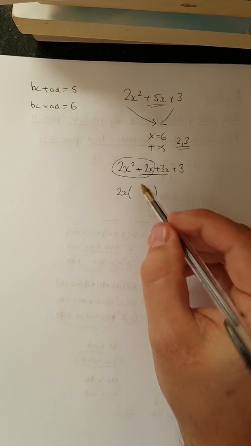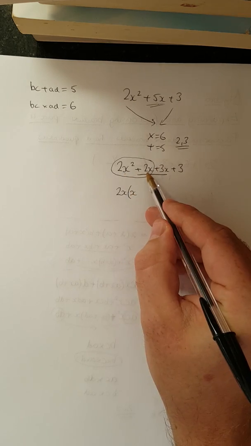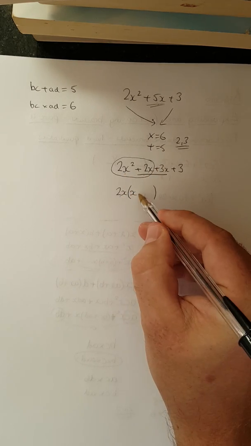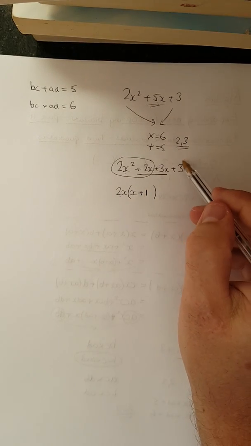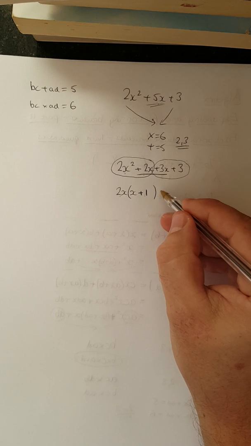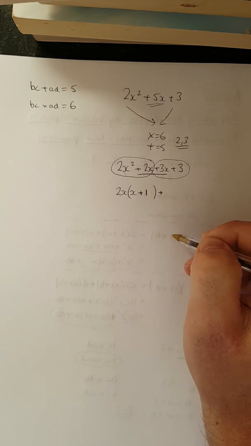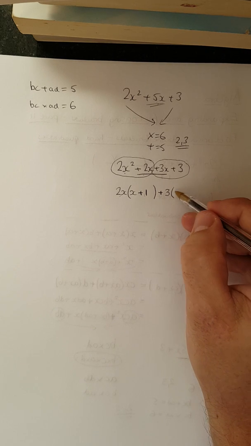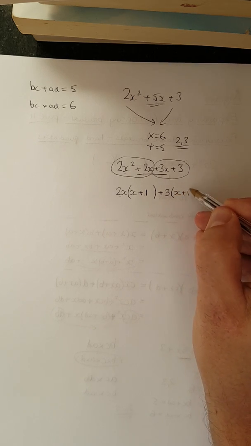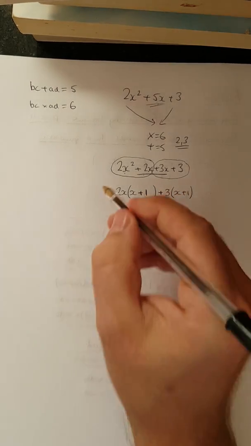It leaves an x and it leaves plus 1. What about the last 2 terms? They have a 3 in common, and that gives me x plus 1 again in the bracket,